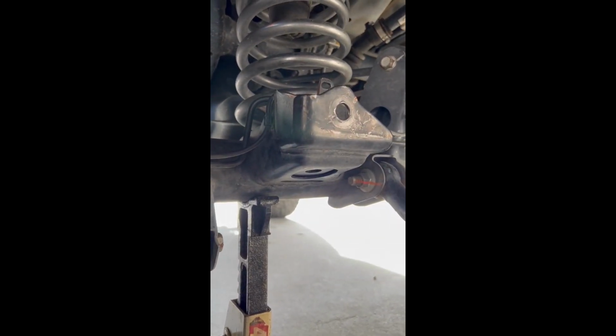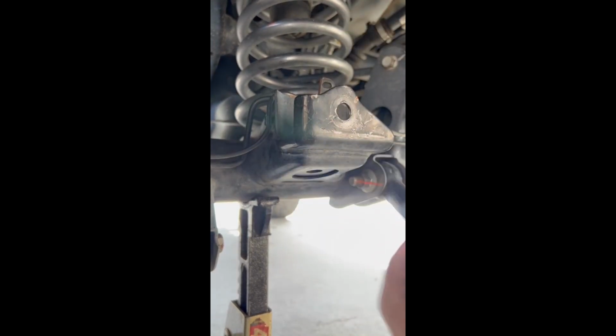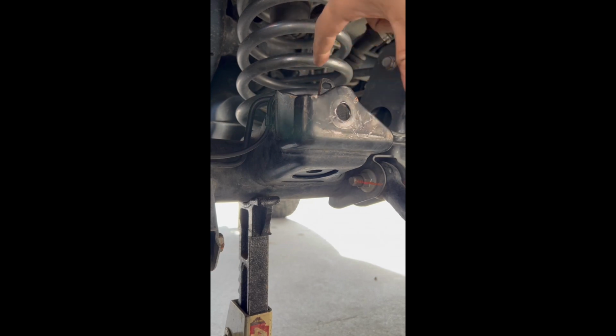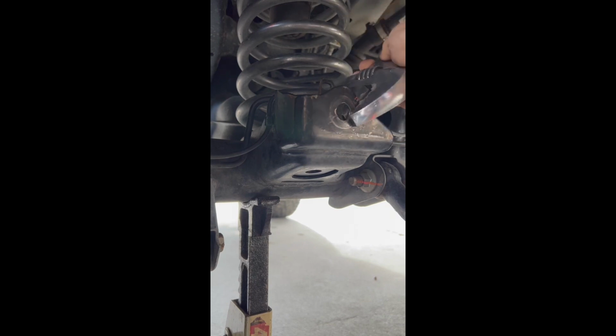Okay, and then next, this area right here is gonna for sure be tight. It's a combination of this design being super tight tolerance with the powder coat and all that, and then this being a little pinched from the factory in order for it to pinch the factory pan-hard bar. So you're probably gonna have to get a big crescent wrench and massage it a little open in every direction. Put it like this. Right, massage it, and then